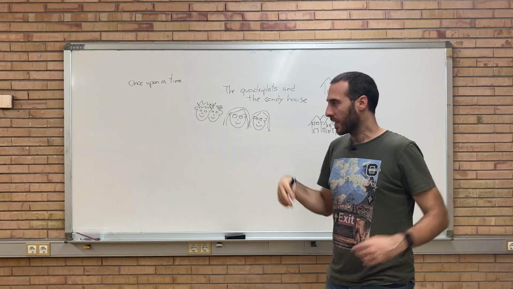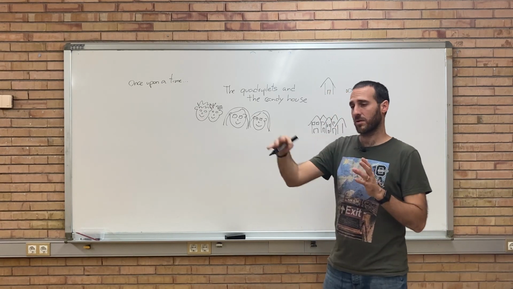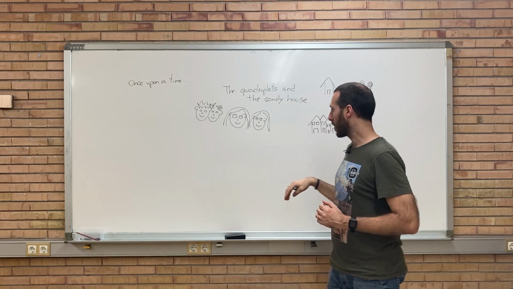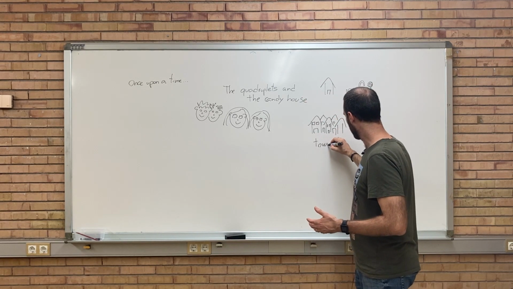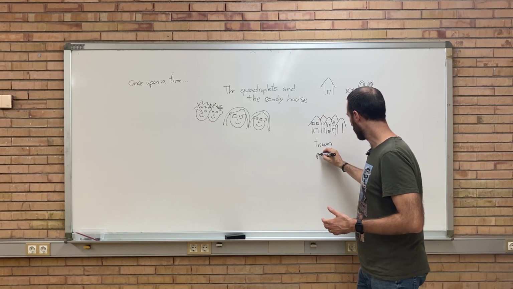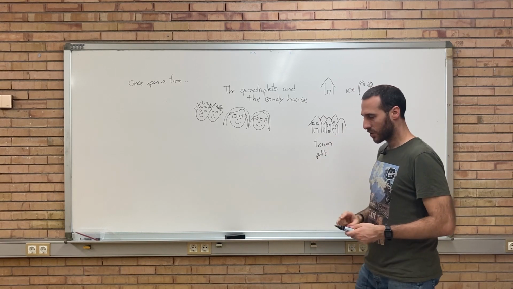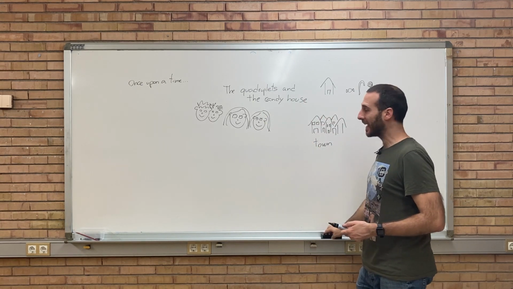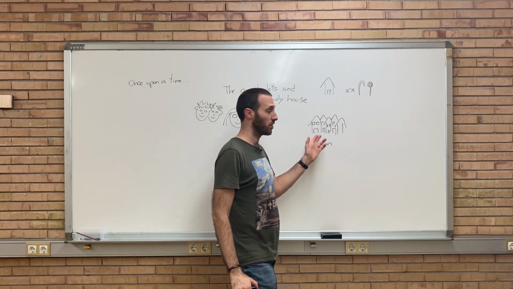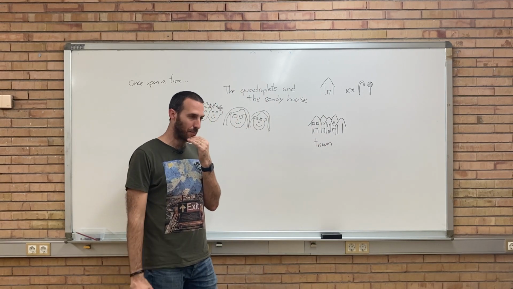It's not a big city. It's when you have a lot of houses, you have a town or a village. Okay, this was a town. So the family with the quadruplets lived in a small town, and one day in the town,